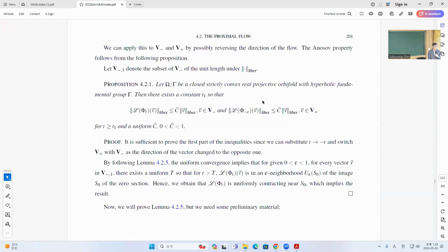Okay. So that's basically what we will prove in Proposition 4.2.1, that there is some T1 where this is contracting for the B minus, and then contracting for B plus for negative T. So instead of proving expansion, we prove this property. That's equivalent. So the way to do it is to show that there's some big enough T, and the proof is by contradiction. So if there is no such thing, then